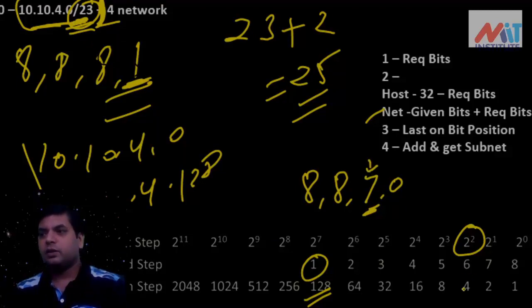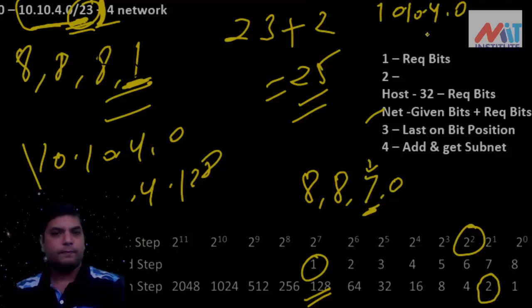So with 7 you need to add 2 in the third octet, which means the given network is 10.10.4.0, and the next network will be 10.10.6.0, which means your network ends at